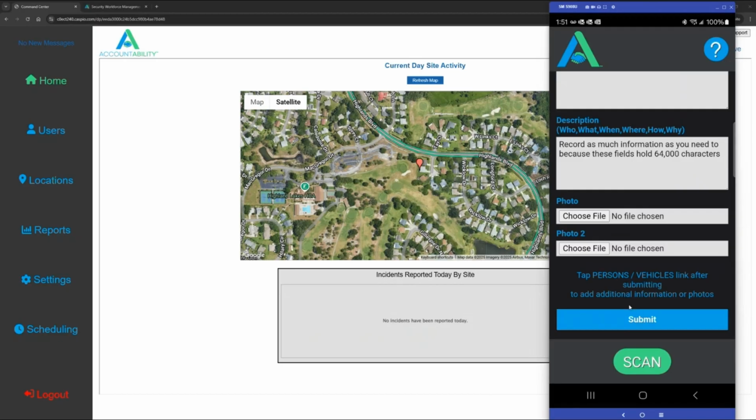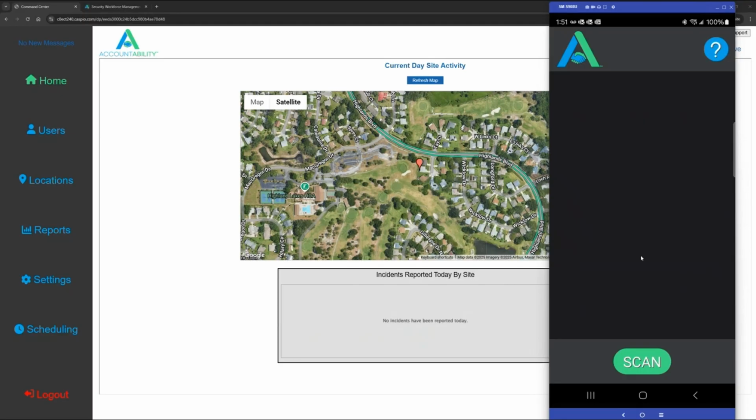Take a couple of photos, and then if you need more photos, this tells you tap the person vehicle link after submitting to add additional information or photos. So I submit my simple incident report. I can now return to the menu if I'm all done, or I can add a person and vehicle report. If I do that,